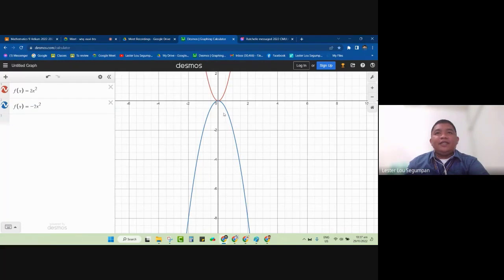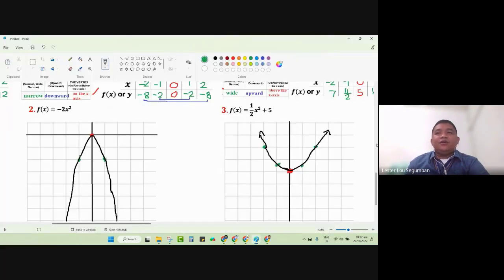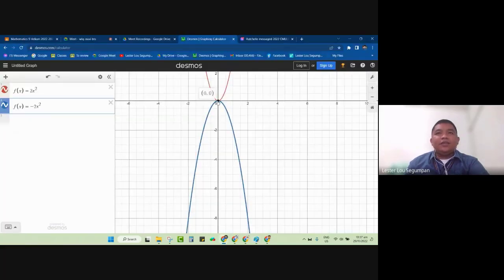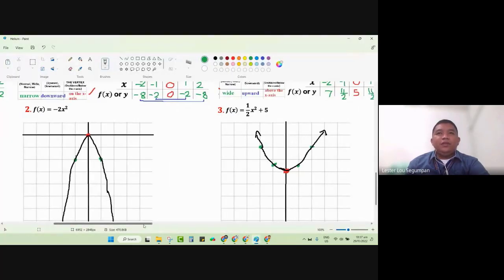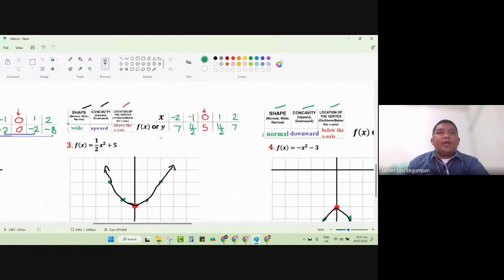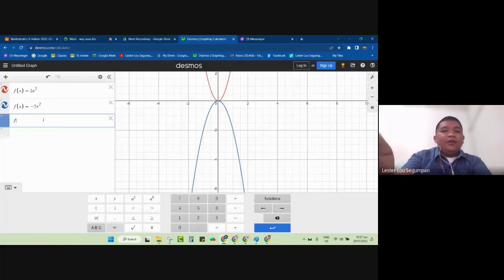The graph is this, almost similar to our sketch. So it's downward, and the vertex is on the x-axis, and it's narrow just like the first. Graph number 3, let's use this. We expect for it to be wider. It opens upward, and the vertex is above the x-axis. Let's try. F of x is equal to